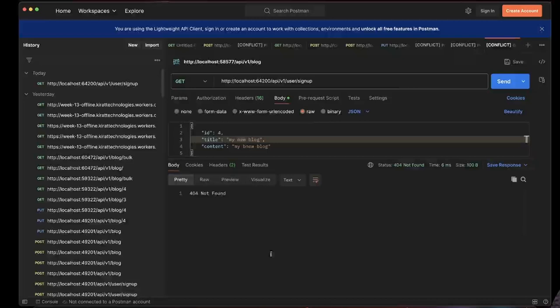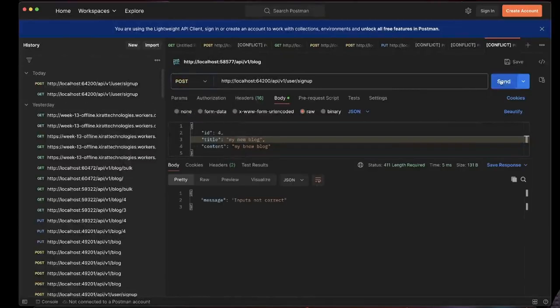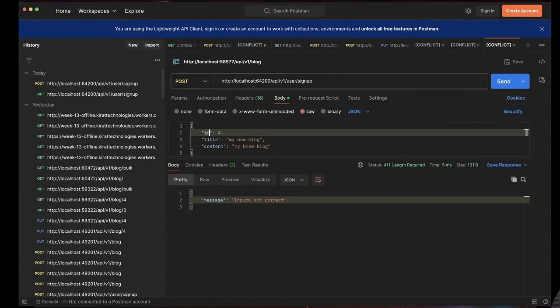And it says 404 not found. API v1 user sign up. It needs to be a post. It says inputs are not correct. If I send username, which is a legit email,